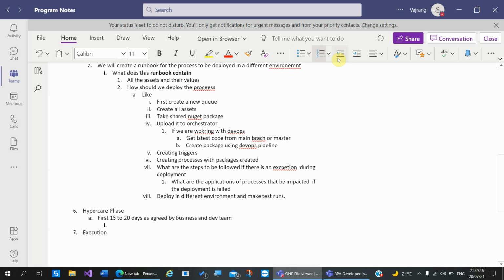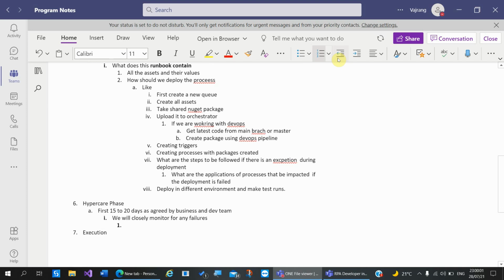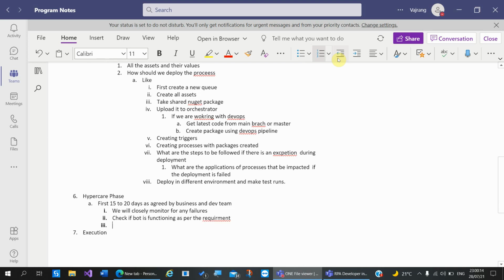So what will happen in this? We will closely monitor for any exceptions, failures, and check if the bot is functioning as per the requirement. So we'll go with this. If we have issues in hypercare phase,